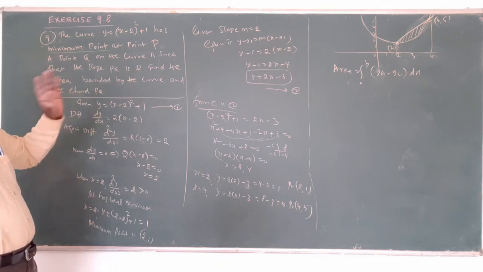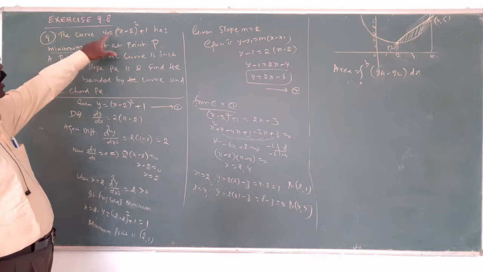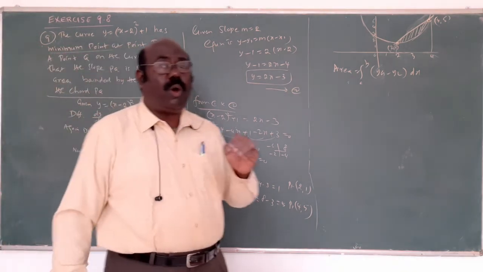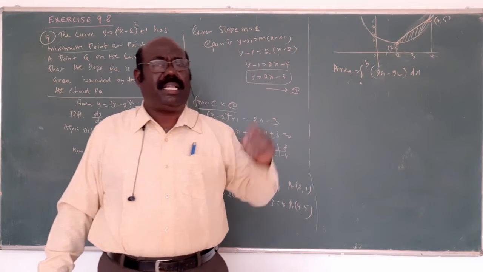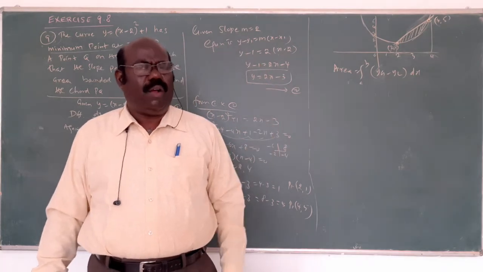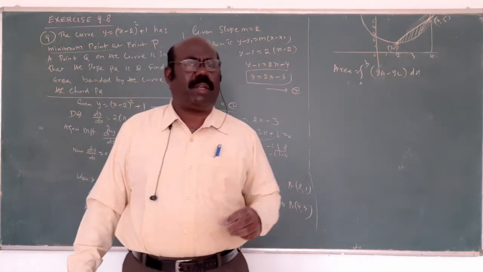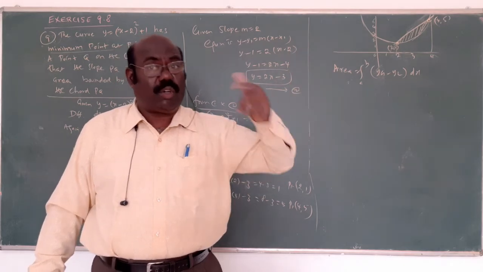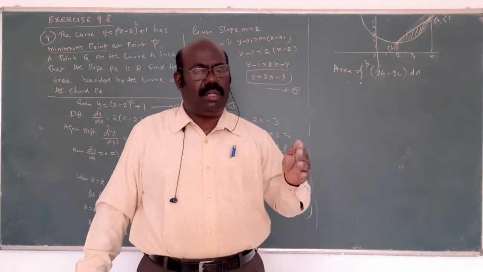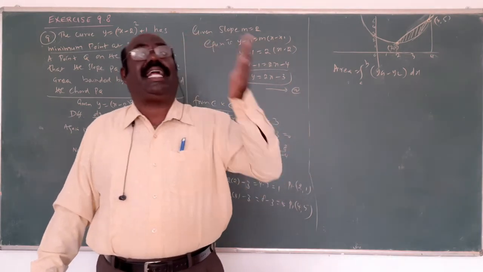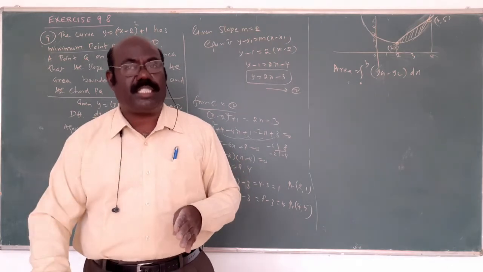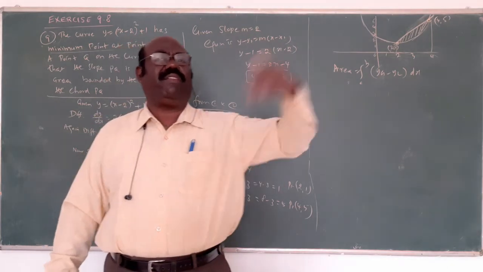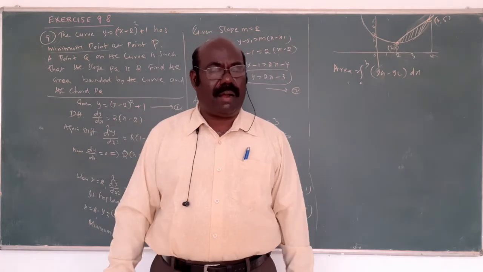The circle is not given, but a condition is given. One equation is given, and the minimum point. The minimum point means the local maximum-minimum idea, which means the derivative is calculated here. What is the idea of local maximum-minimum? For the given y, the first derivative is equal to 0. You get the x value. Substitute the x value in the second derivative. If it is positive, it is a minimum, otherwise it is a maximum. Once again, substitute the x value in the given function; that's called the minimum point.